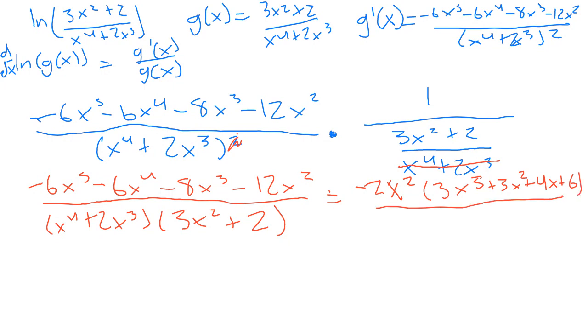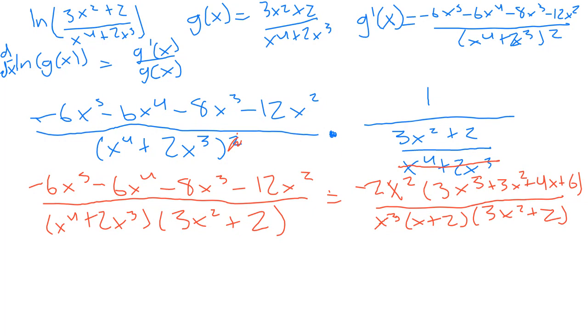And in the denominator, we can pull out an x cubed. So we're left with x plus 2 times 3x squared plus 2. We can cancel out those x squared,